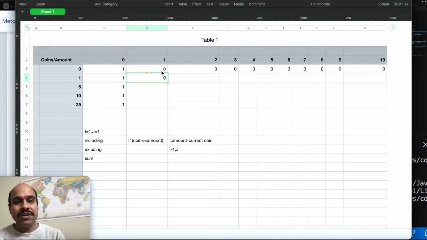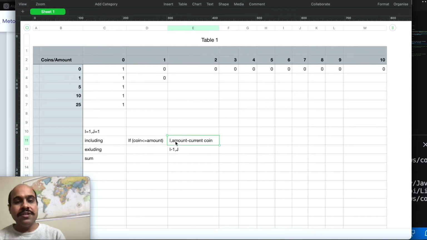So let's suppose I am at this cell, so I want to make amount 1, but the coin values with me are 0, 1 and 5, and currently I am looking at 5. So can I use 5 to make a 1? No, right? Because 5's value is greater than 1. So in this scenario we cannot include it. That's why for inclusion I always check first whether that coin's value is less than or equal to the amount. So here coin's value is 1 and is less than or equal to 1, so this satisfies the condition.